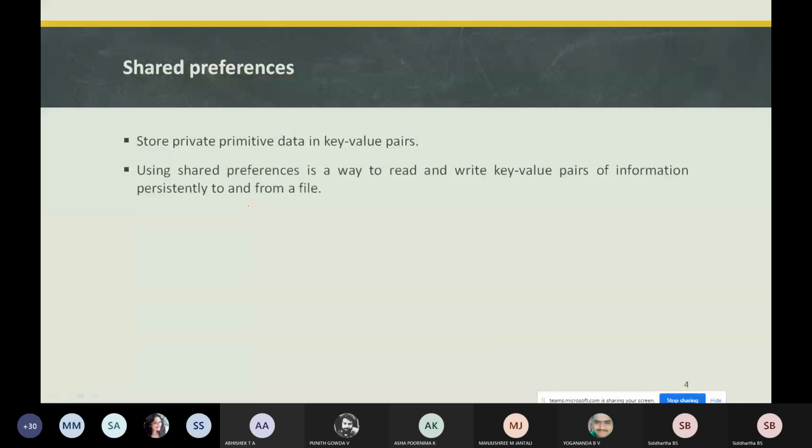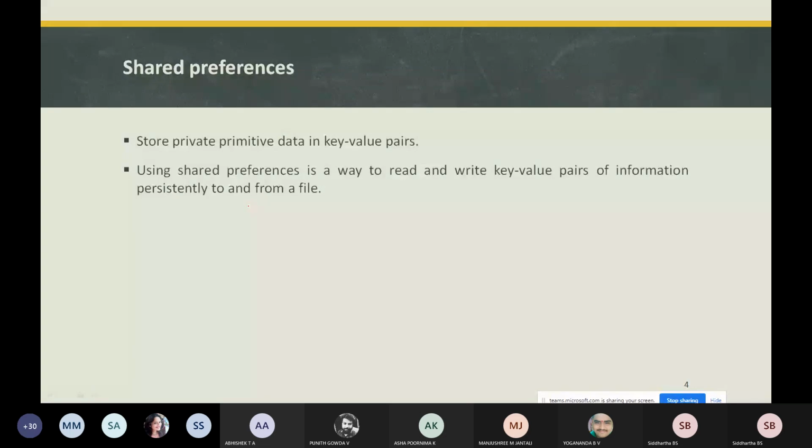And how much space your data requires. All these things we are going to see here. So your data storage options may be shared preference, internal storage, external storage, SQLite database, network connection, cloud backup, content providers, and Firebase real-time databases.